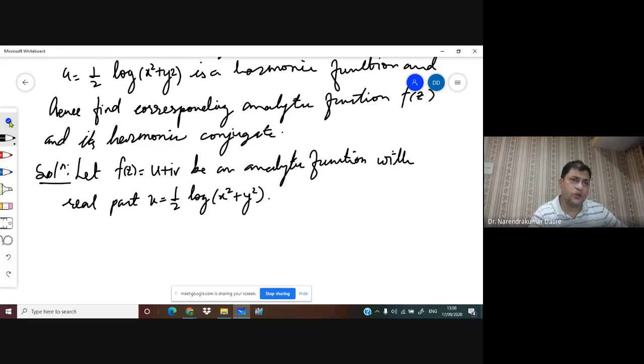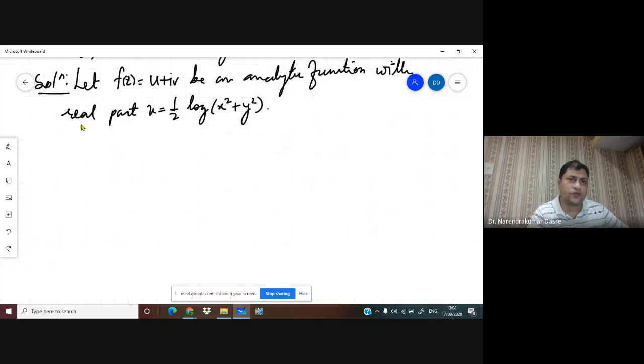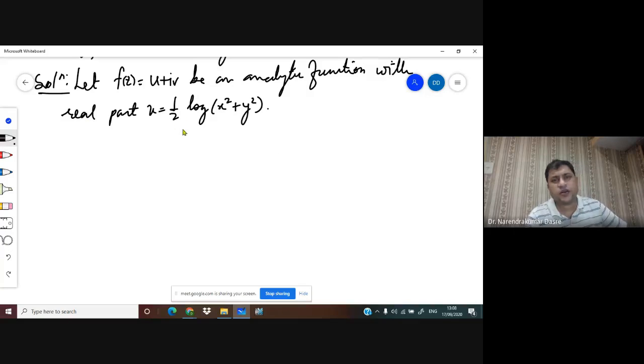Now we want to show that this is the harmonic function. So we have to find out the second order derivatives and show the sum is going to be 0. For that we consider, as we also have to find out the analytic function,